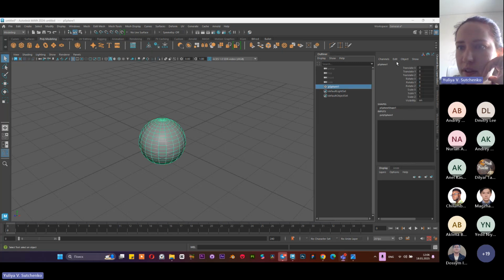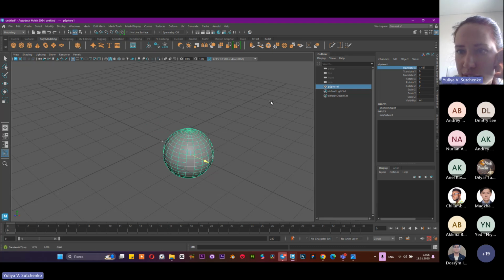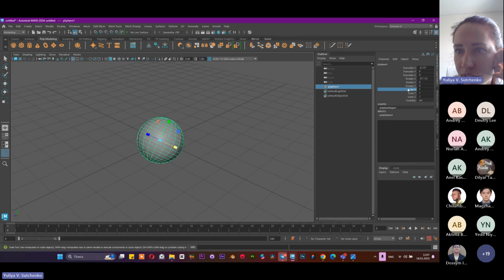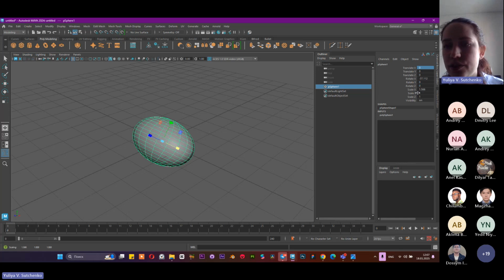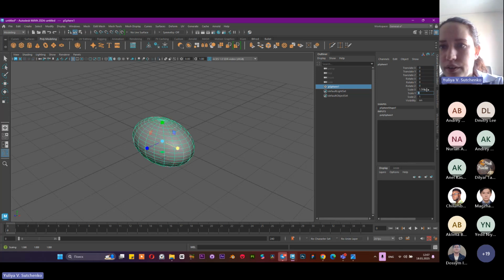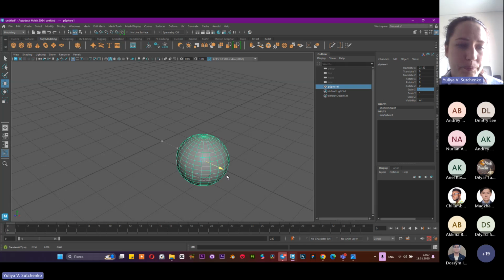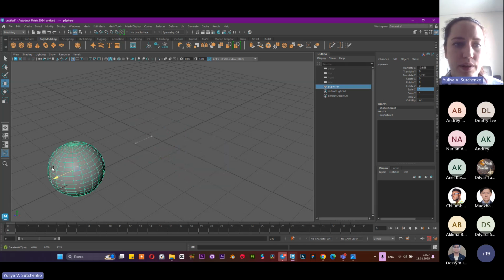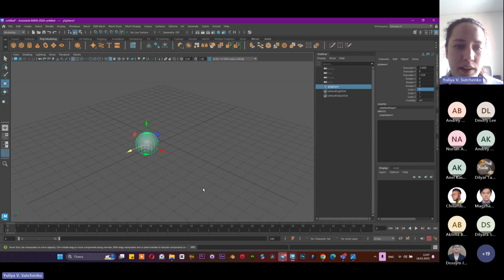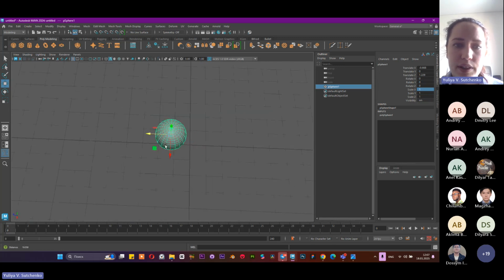When we select this object, in the channel box we have these attributes, which are translate, rotate, and scale, and we can change them in the channel box, or we can change them by using these tools. We have the move tool, and you can see these gizmos for moving this object around the scene. In the scene we have some grid. This grid is like supporting guidelines to understand where we are in the perspective. This grid is like a graph